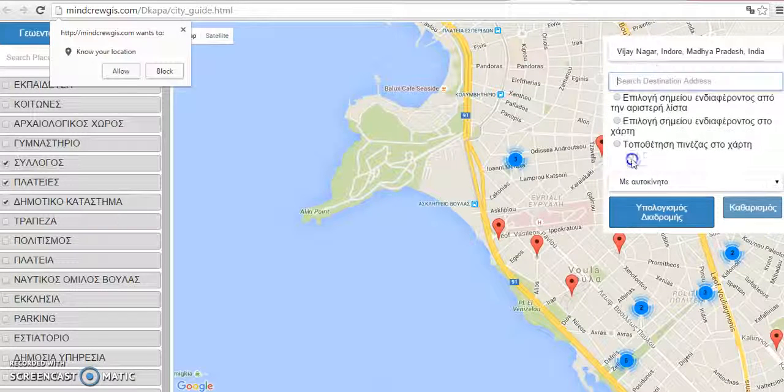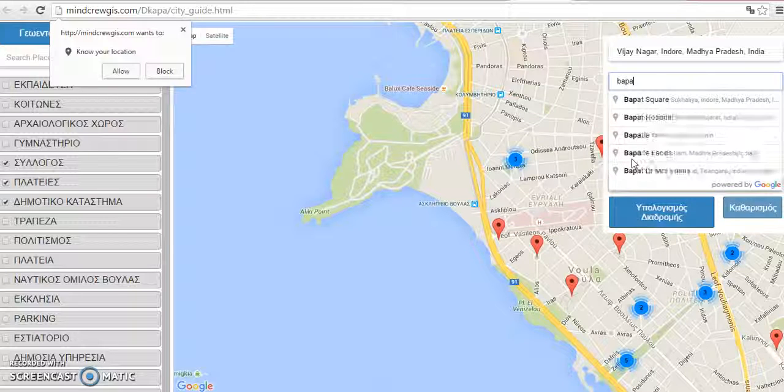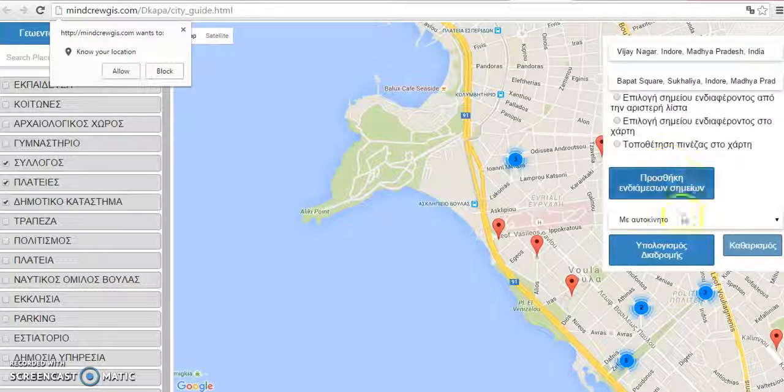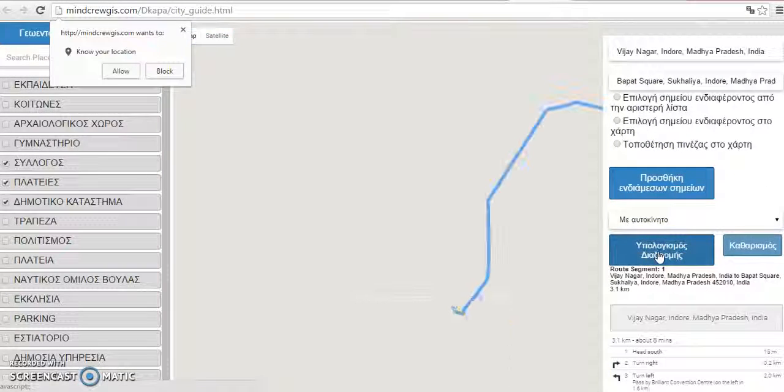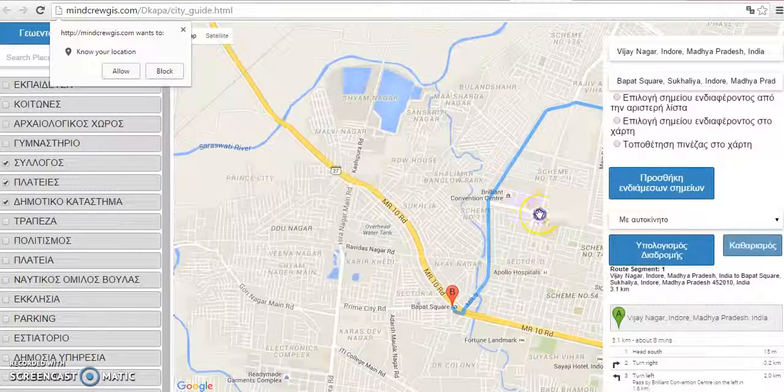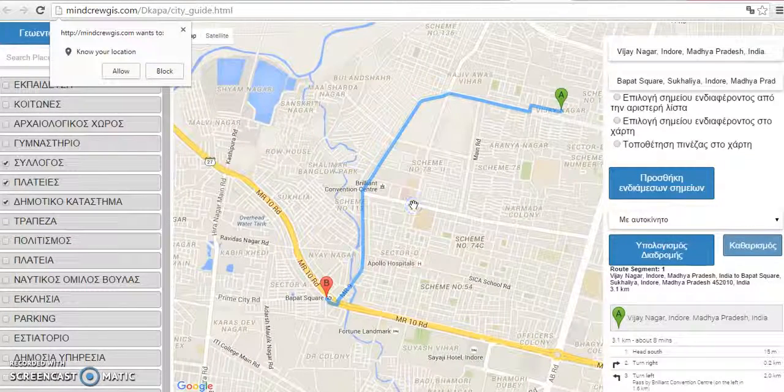Same for the destination address. You can type any address, or you can select any of these POIs to get the directions. Okay, and display. Yeah, here you can see the route between point A and point B, and here are the turn by turn directions for point A to point B.